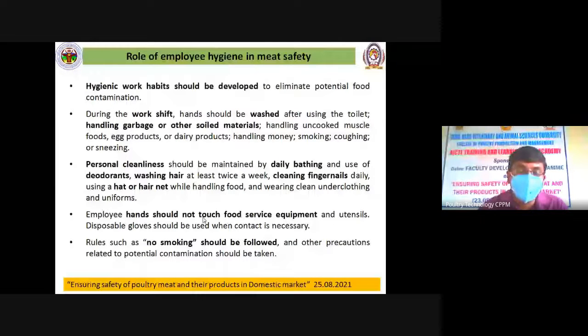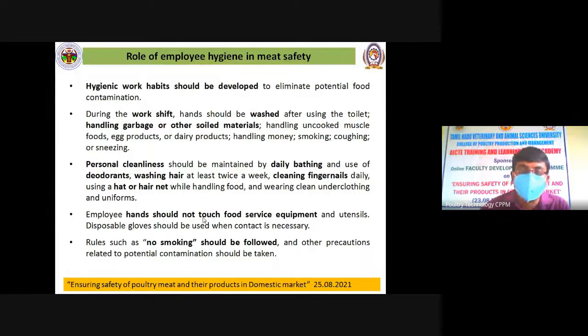Personal cleanliness should be maintained by daily washing and use of deodorants. Wash hair at least twice a week, clean fingernails daily, use a hat or hair net while handling the food, and wear uniforms for the employees. Employee hands should not touch food service equipment and utensils, and disposable gloves should be used whenever contact is unavoidable or necessary. Rules such as no smoking should be followed, and